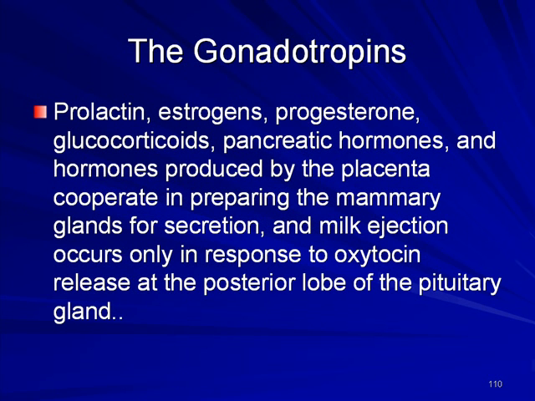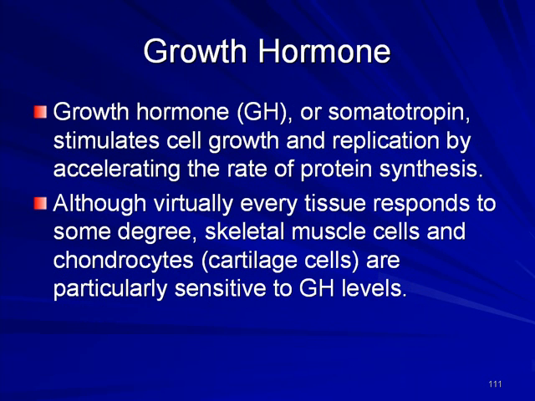Some other key gonadotrophins, prolactin, estrogen, progesterone, glucocorticoid, pancreatic hormones, and hormones produced by the placenta cooperate in preparing the mammary gland for the production of milk. So we can see this is more of a complex endocrine process, as I talked about just a little bit earlier. Growth hormone, again, or somatotropin, another hormone that